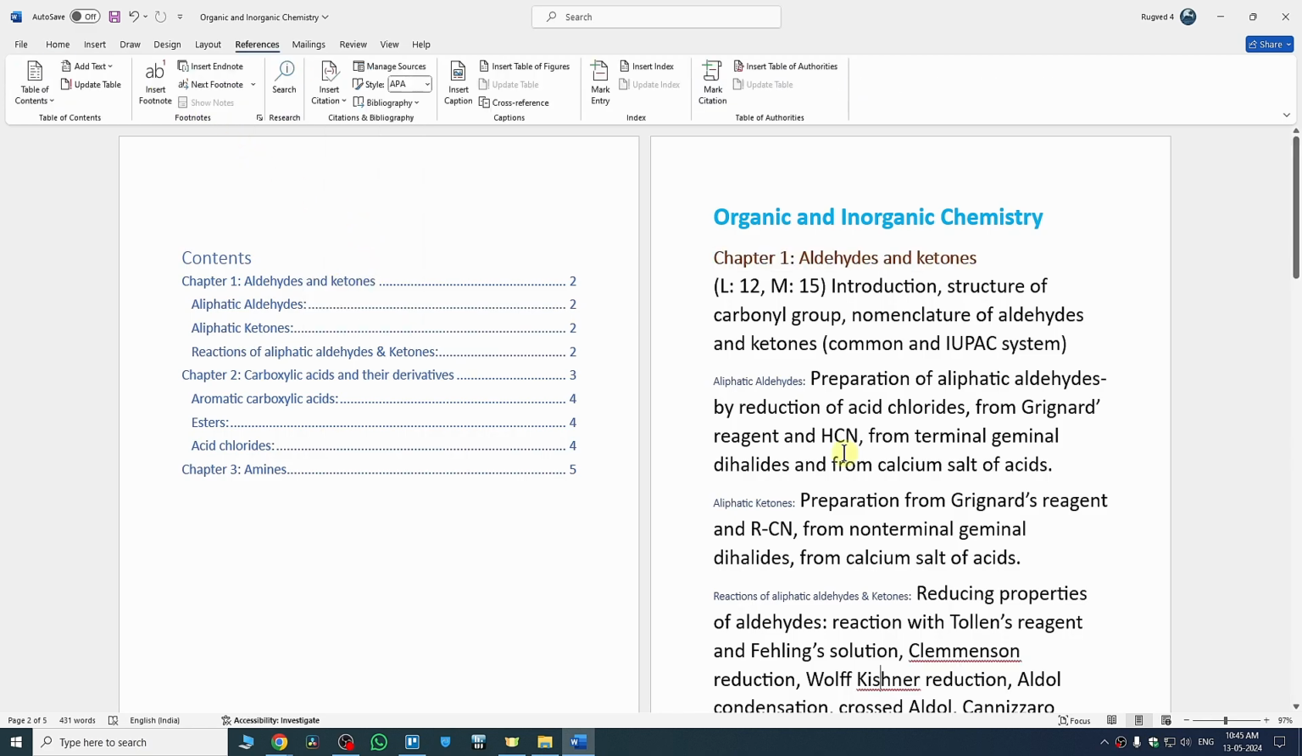And later on, if you add anything in your file and make changes to your file, and you want to update the table, here you will see the Update Table option. So you can update the table here as well. So this is how you can create a table of contents in Word,